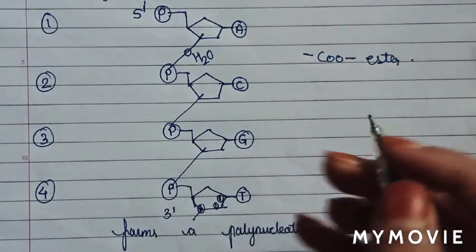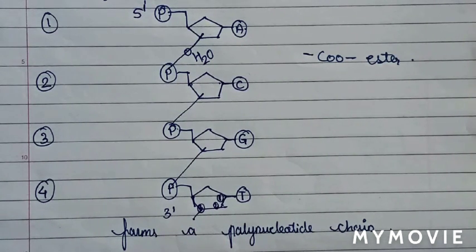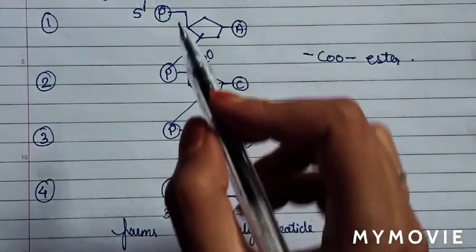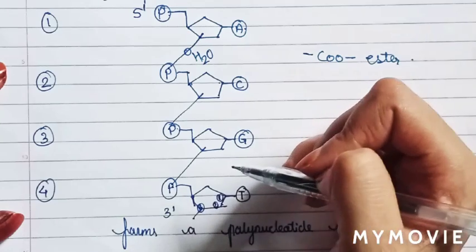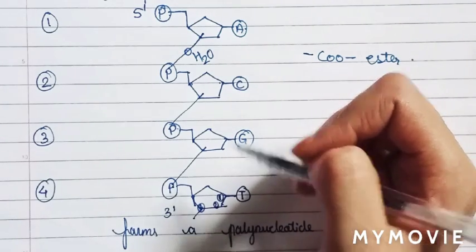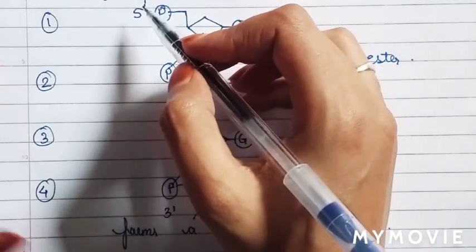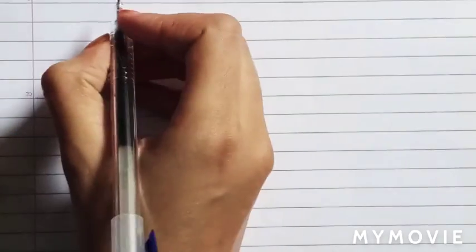Polarity means we can recognize it easily. Polar means we can distinguish the ends, and non-polar means it looks similar and we can't distinguish it. But both DNA strands are polar. We can recognize both DNA strands. So we will see how we can recognize the DNA strand from 5' end to 3' end and 3' end to 5' end. First of all, we will write here.